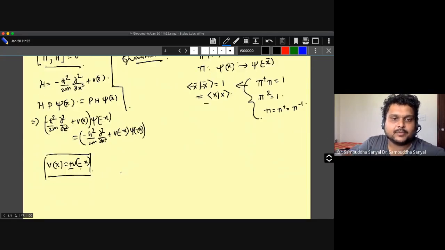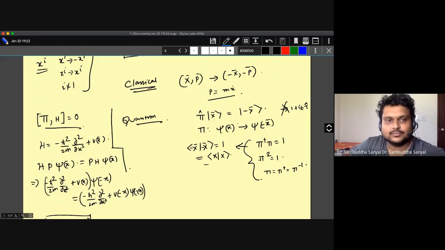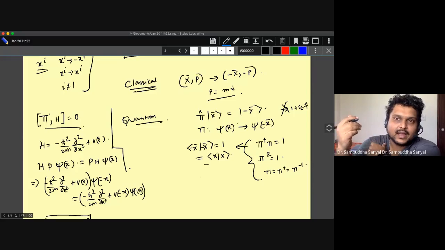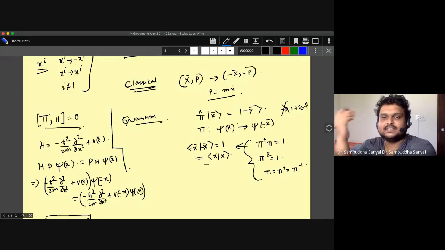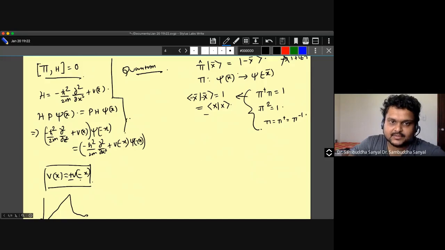But there could be a potential like that. So there could be a potential which is neither of these. There could be a potential which is something like an arbitrary potential. Then of course this is not true, and this is neither true. So it is not guaranteed that every Hamiltonian will have parity. So in that sense, the discussion of parity is different. The first question to be asked is whether the Hamiltonian has the parity symmetry, and if it has, how the states carry this signature or special properties for this parity.